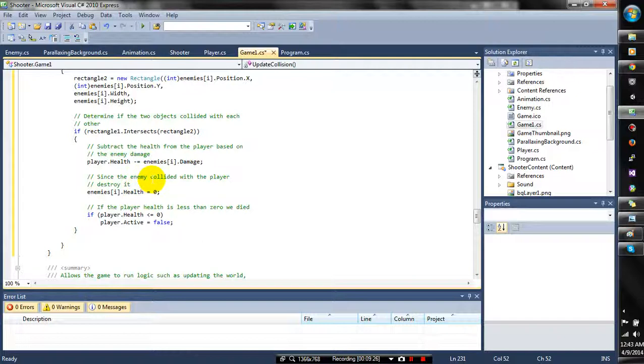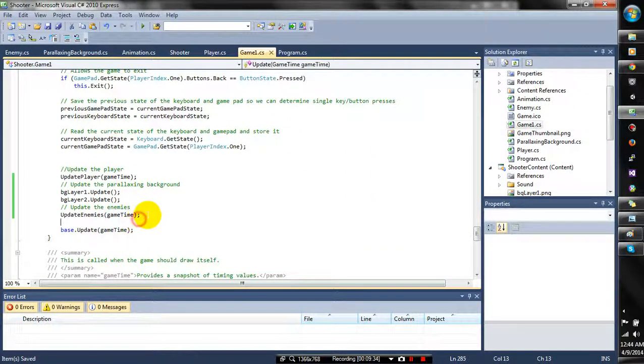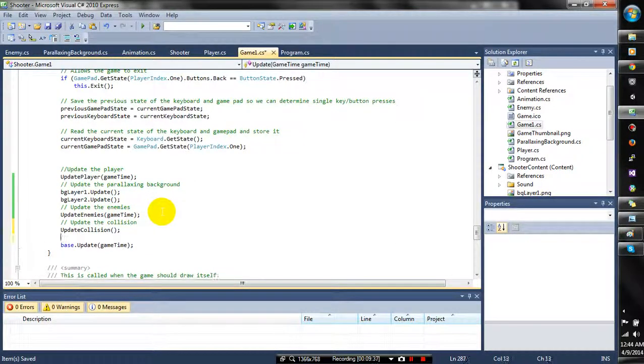And when the enemy collides with the player, we will destroy it. We need to add this to the update, and go ahead and call update collision down here. Remember way back in, I don't know, video 3 or so, week 1 or week 2, I talked about how collision updates were part of the physics update